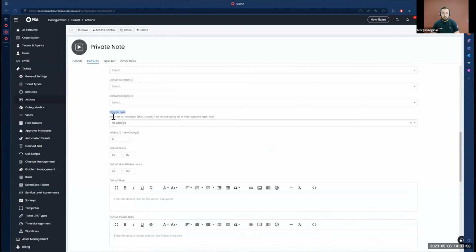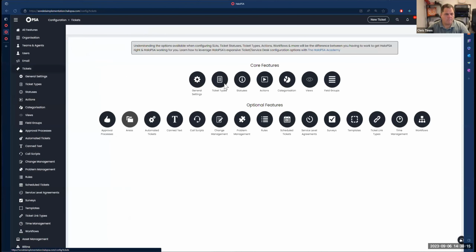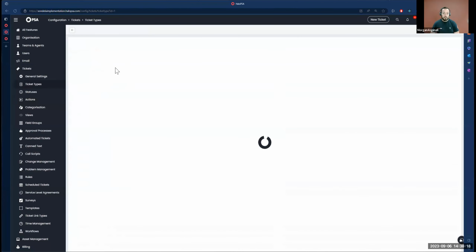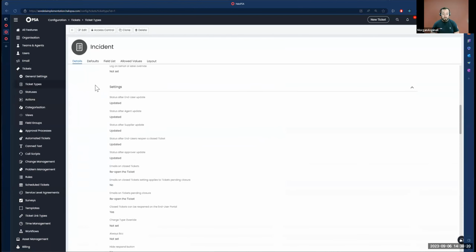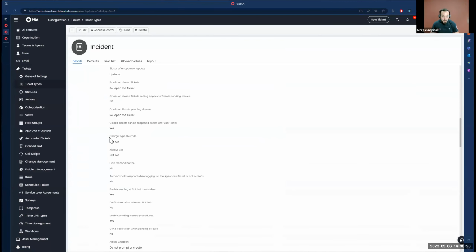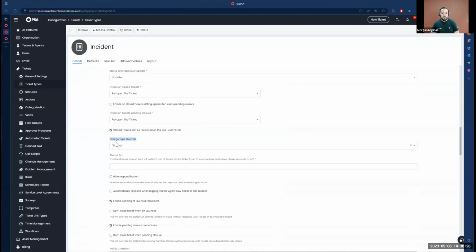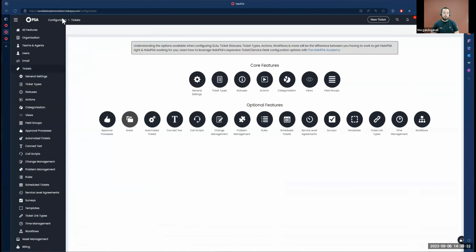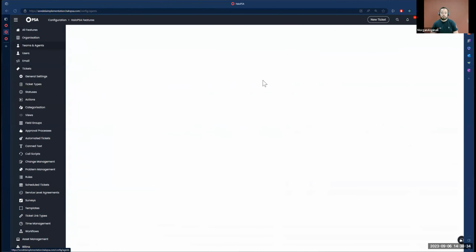We will see that we have this option here to actually not set a default. And if we're not setting a default, then that default can be inherited from our ticket type or from our agent. So our ticket type default is set within the details tab, I think, ironically. Yeah, down here where we have our charge type override, and then the other place, agent level, is set against the agent